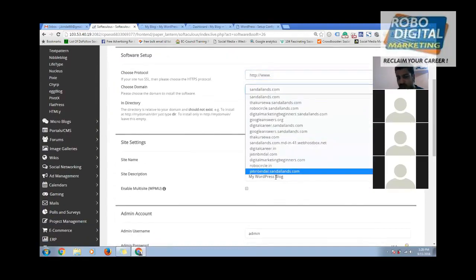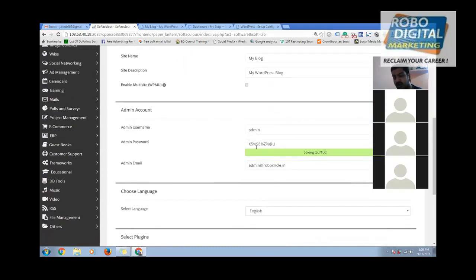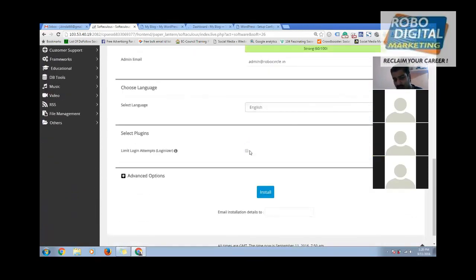After that, select the domain name on which you want to install, whichever domain name you have bought, then clear the directories, and then give the username and password of your choice, activate this and install. This is how you do it, Nipun. I hope now it is clear.